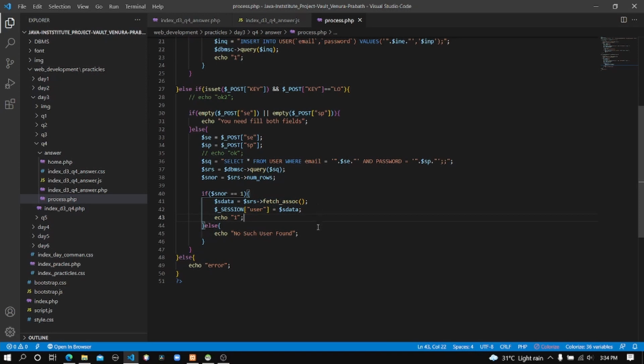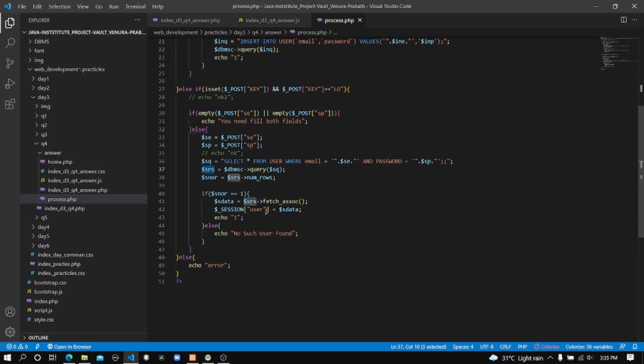Okay. And you saw that error message earlier when I entered false credentials when logging in to the system; it outputs this part of the code. And when there's a user, you can see fetch_assoc on SRS, where SRS is the result set.